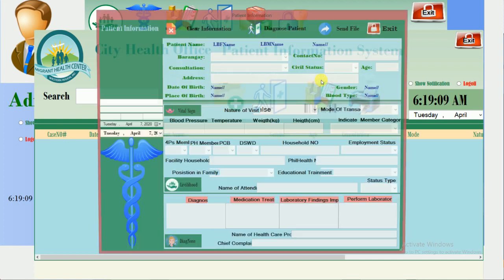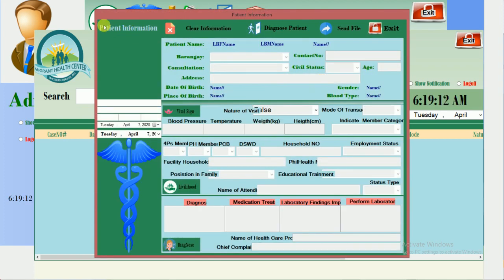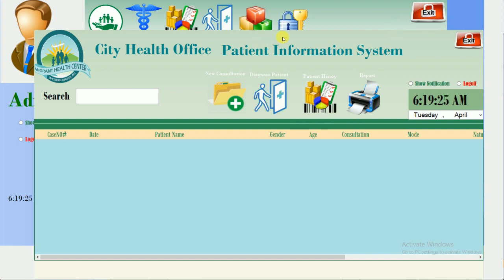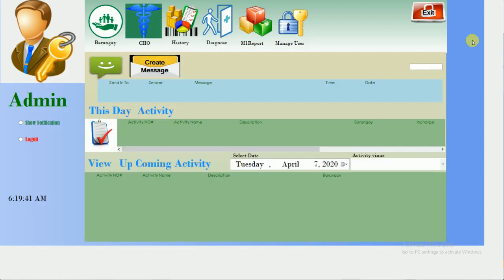patient. Okay, this is the patient information section. Add a new patient, clear information of that patient. Okay, save file, diagnose patient. I exit the form. Patient history, this is the patient history button. This is the report section of CHO. So I exit the CHO section